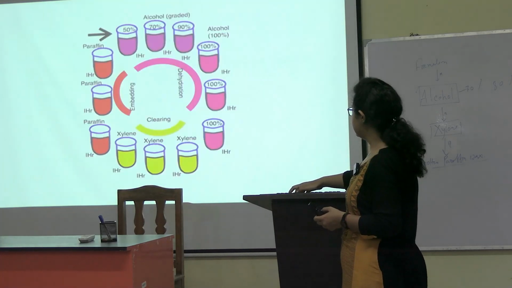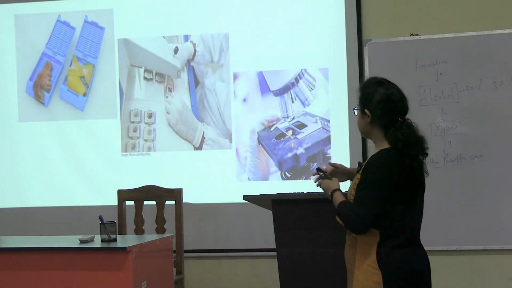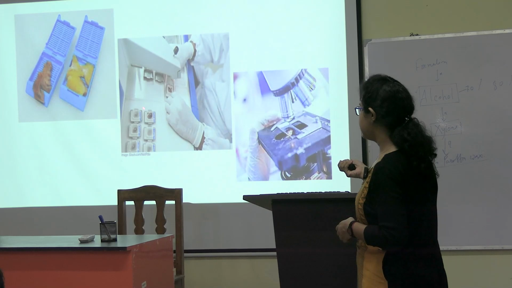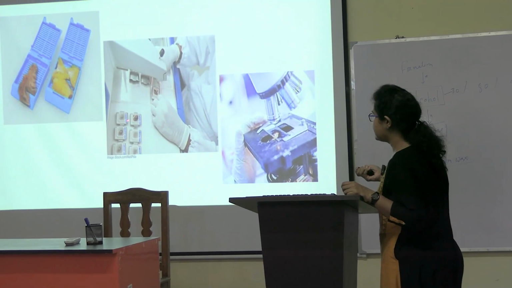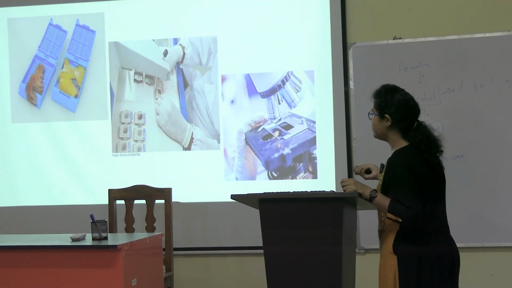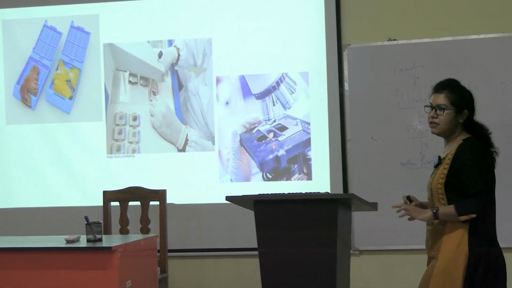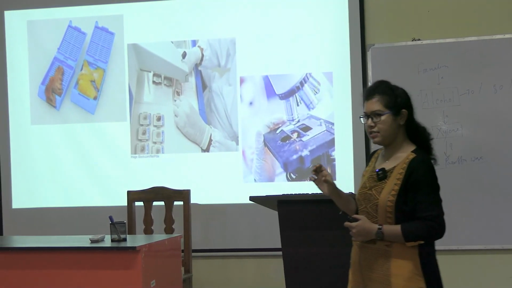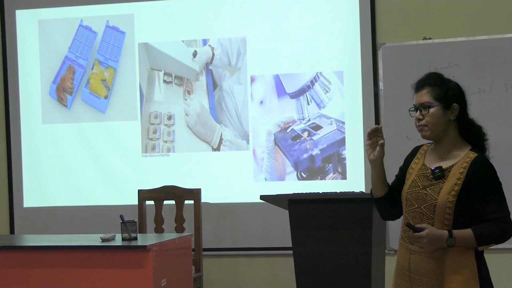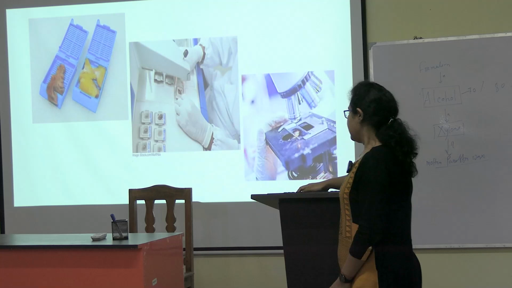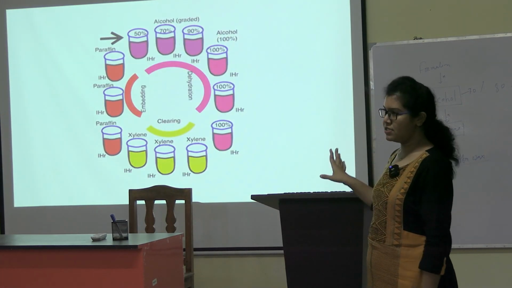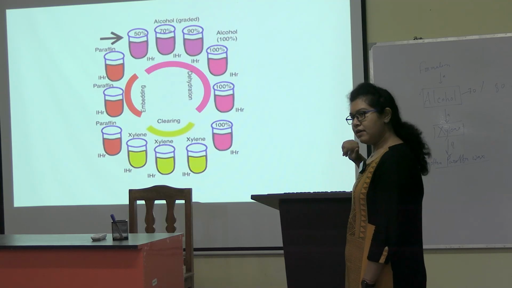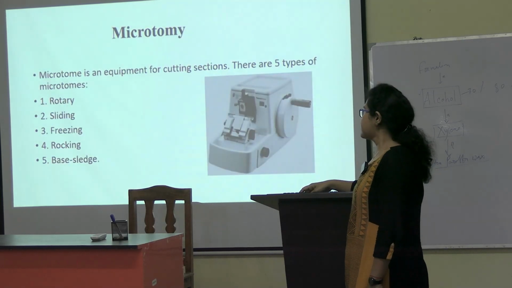I will show you the picture. See here, you are seeing this metallic thing. This is the whole tissue. The black color is the tissue, and apart from this, whatever white you are seeing is the paraffin wax. It got hardened, so we made a block there. This is the entire procedure that goes on inside our tissue processor.